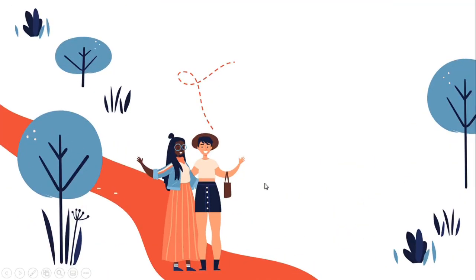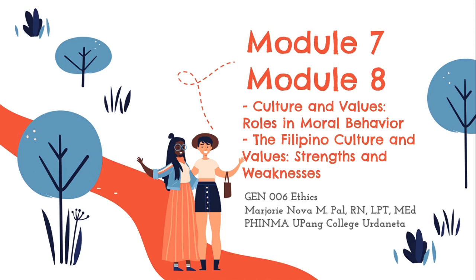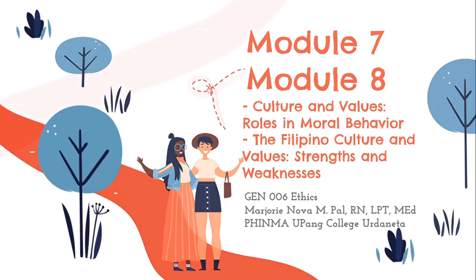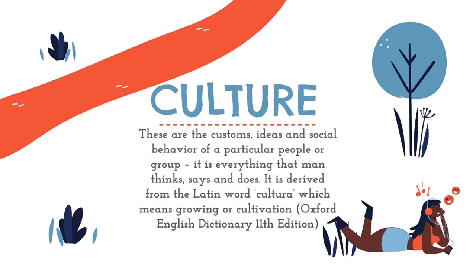Let's have the discussion proper on our Module 7 and Module 8 for Gen 006 Ethics. This is again Module 7, which is Culture and Values, Roles and Moral Behavior, and Module 8, the Filipino Culture and Values, Strengths and Weaknesses. When we talk about culture, it refers to cumulative deposits of knowledge, experience, beliefs, values,